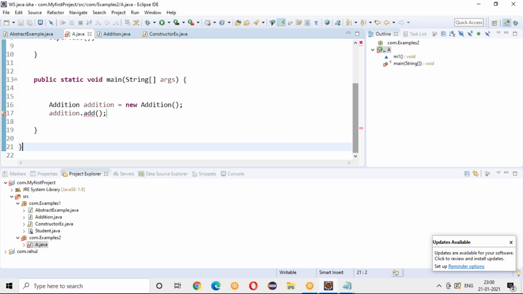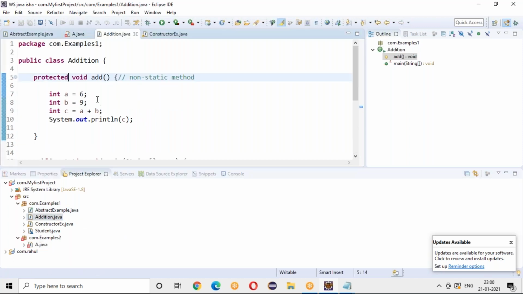So you have an addition class. Here the access specifier is protected. So it is protected. Obviously, it cannot be accessible from outside the package.